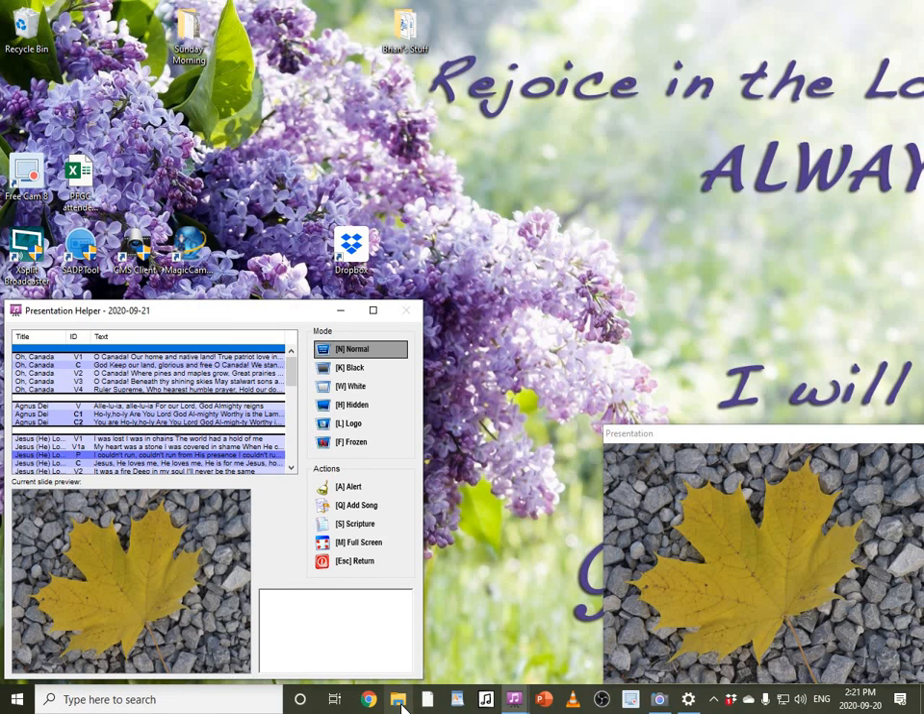Now, this is something that we didn't get to last week. So if you open up Windows File Explorer, this is the music for people coming into the church and also the background for the announcement slides. So if you click on Windows File Explorer,